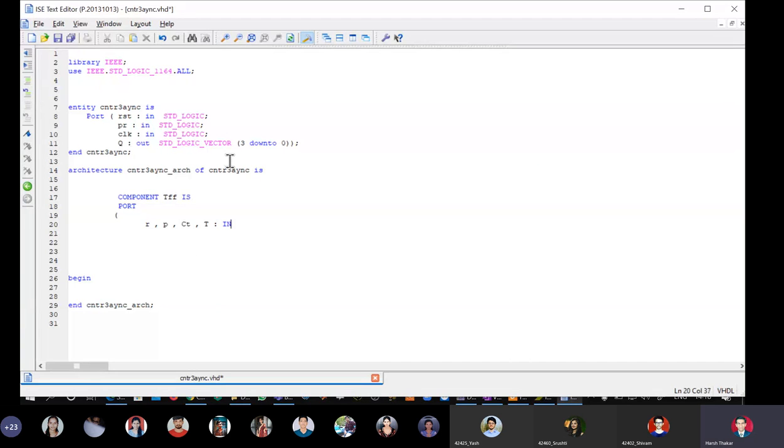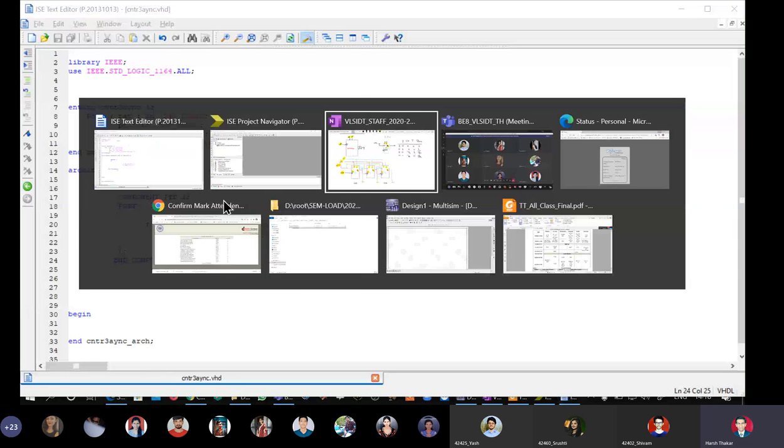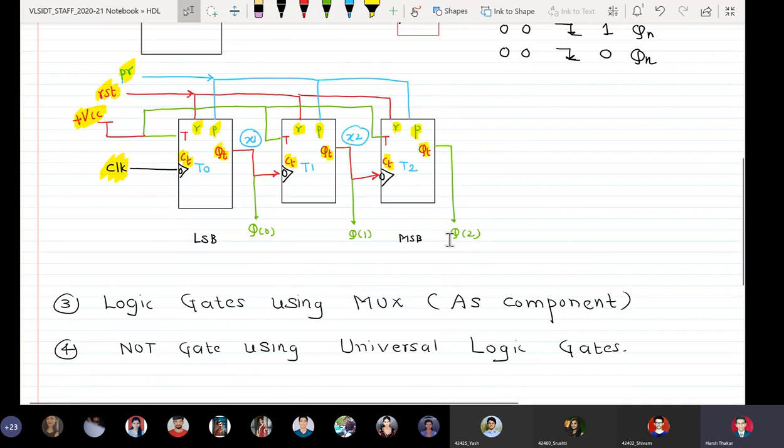So all of them are input, so I can say std_logic semicolon, and I have only one output, QT, in the last signal. So thus we have created our component or the child, that is T flip-flop, with the signals as in the block diagram. Now we won't do anything here. We will directly go and do the component instantiation and port mapping.